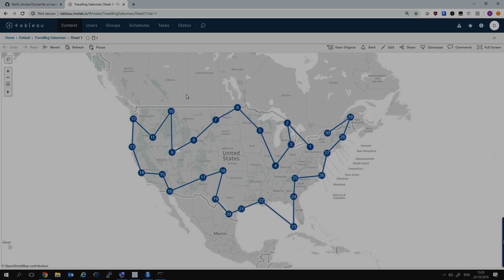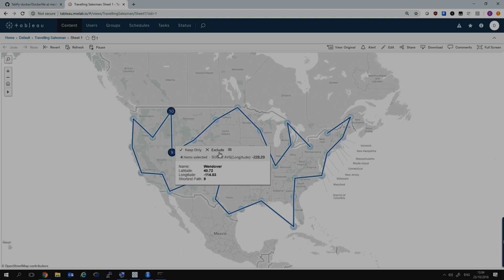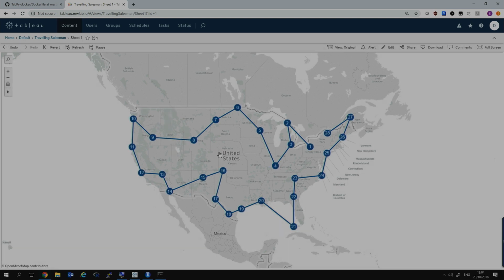Now, because this is set up with an external service connection, when I interact with this visualization, it'll recalculate if, for instance, I want to see what my path would be if I excluded certain cities. Because it can recalculate these results as Tableau refreshes with those filters applied, I don't have to worry about some of these things needing to be written into my data source.